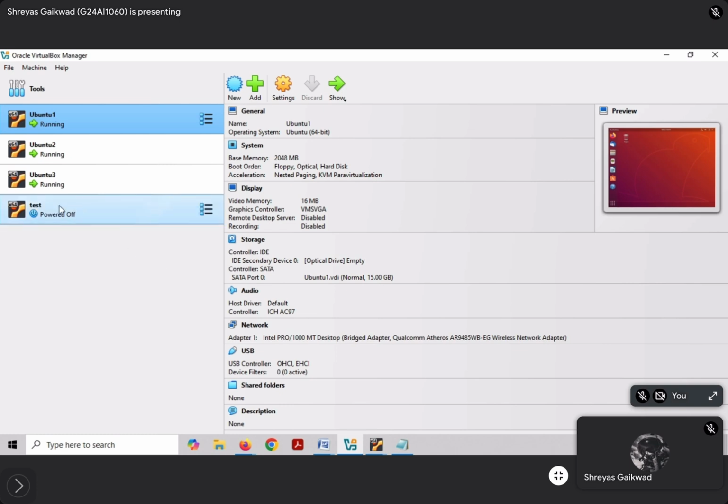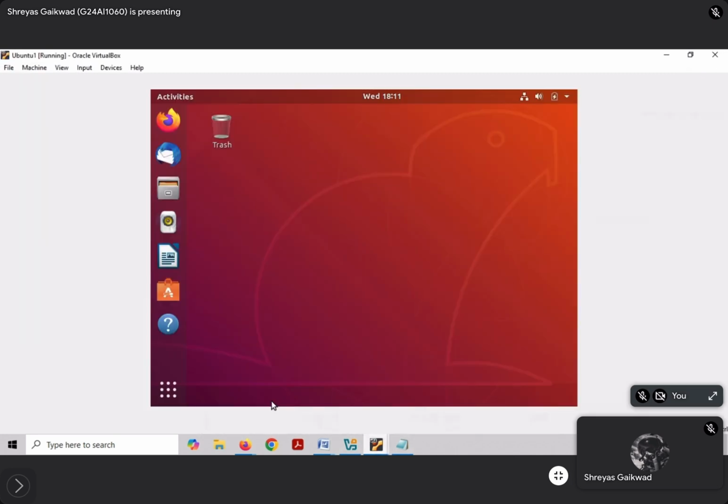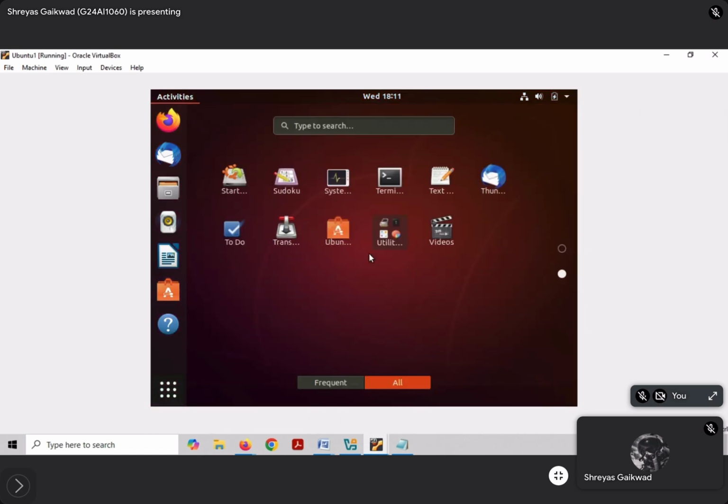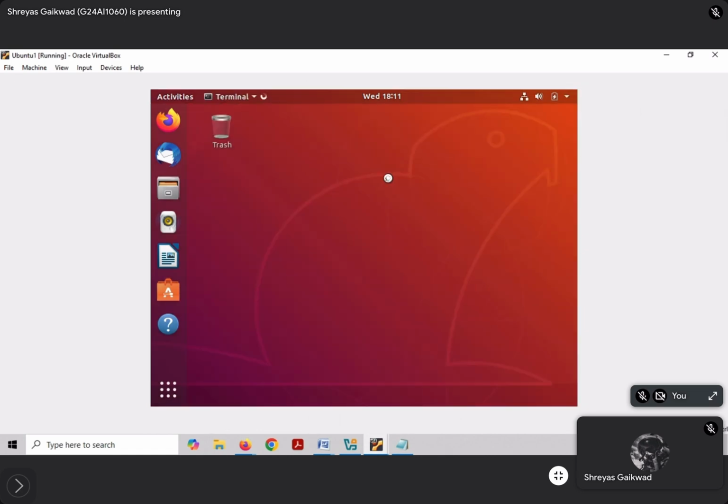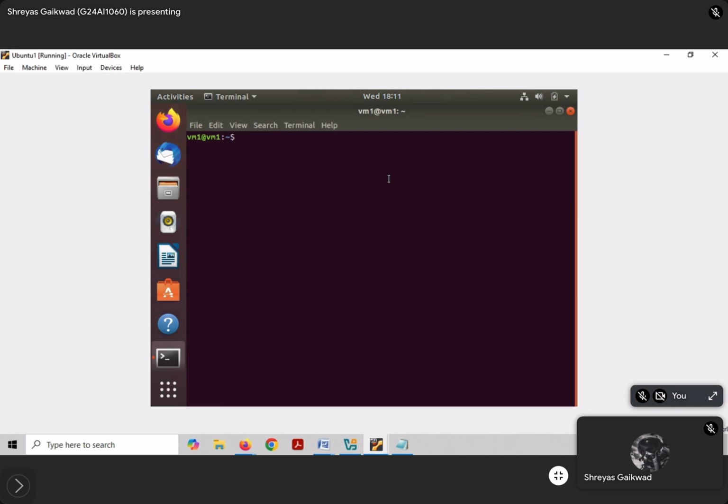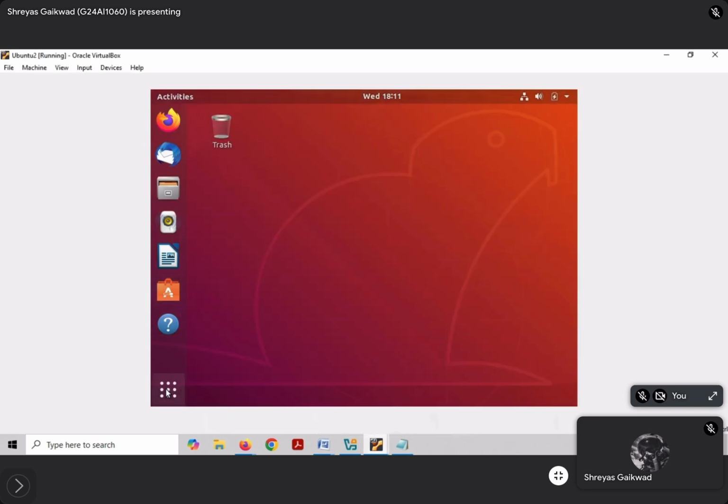We have installed the test machine successfully. After installation, the machine is deemed to look like this. I'm using the pre-installed Ubuntu 1, Ubuntu 2, and Ubuntu 3 machines for this project. I shall now demonstrate how the internetworking between the machines and the local host computer works and how the machines interact with each other. I open terminal in all three machines